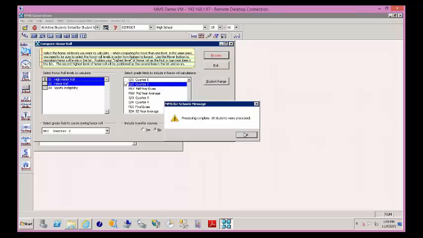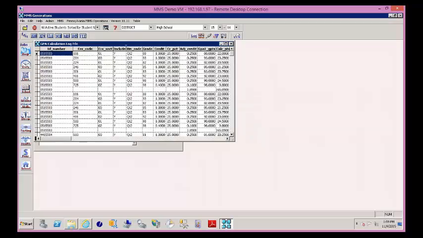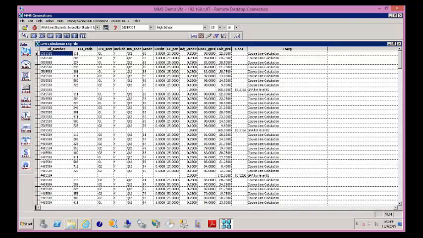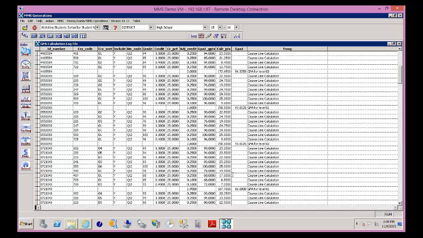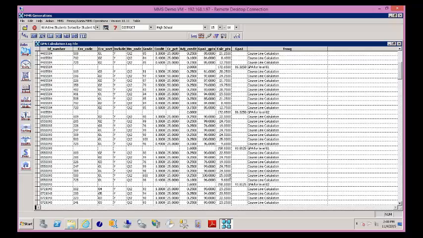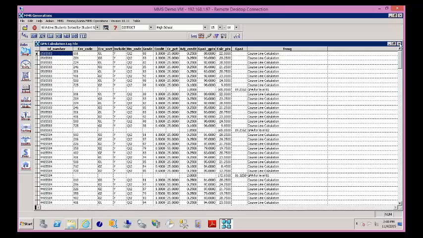18 students were processed. When I go into View Log, it's going to seem like it's a lot of data, but it's going to show the student ID number, the course, and the course section. And it's also going to show down here what level their GPA falls under. So this is a quick glance at their honor roll, or where they fall into there. So if I get out of here,